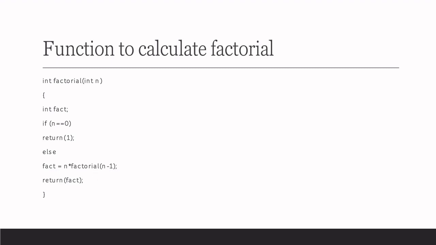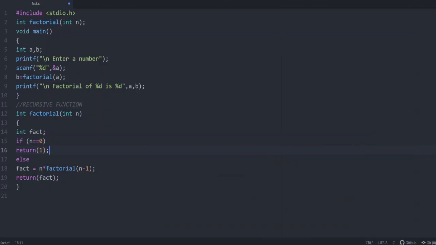So we will check the whole C program. So this is the program that we use to calculate the factorial of a number using a recursive function. So this is the recursive function which I explained earlier. If n value is 0, it has to return 1. Else factorial value, fact, this is a variable, that is equal to n into factorial of n minus 1. So this is a single line that makes this function recursive in nature.